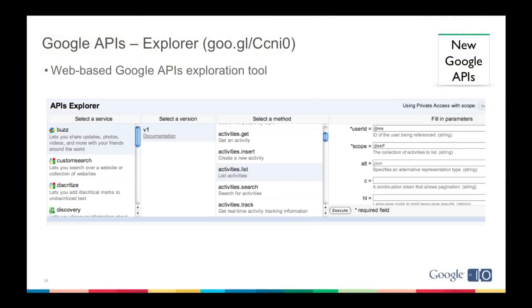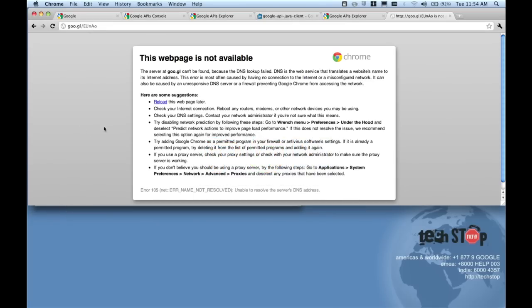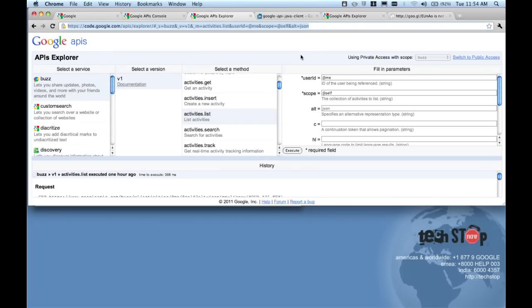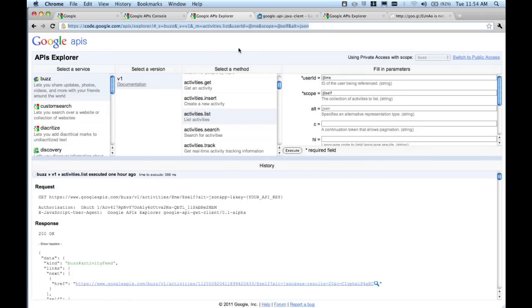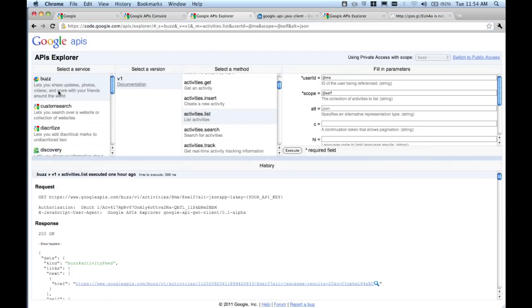So what can you do when you have a discovery API? Well, the first thing we thought of is let's build an API Explorer. It's a web-based tool. Now I'm going to be brave and attempt to run this real quick, see if I've got the internet here. OK. So we have a list of all the services. And let's pick Buzz,